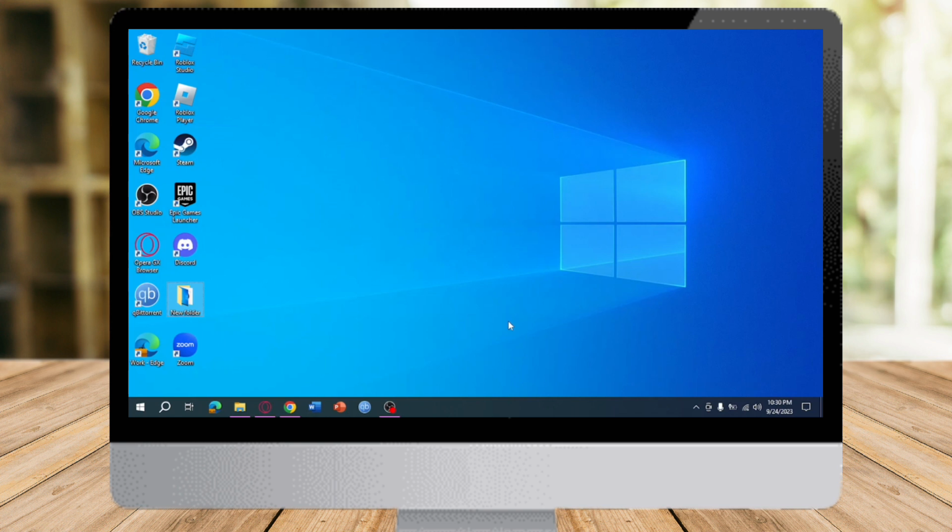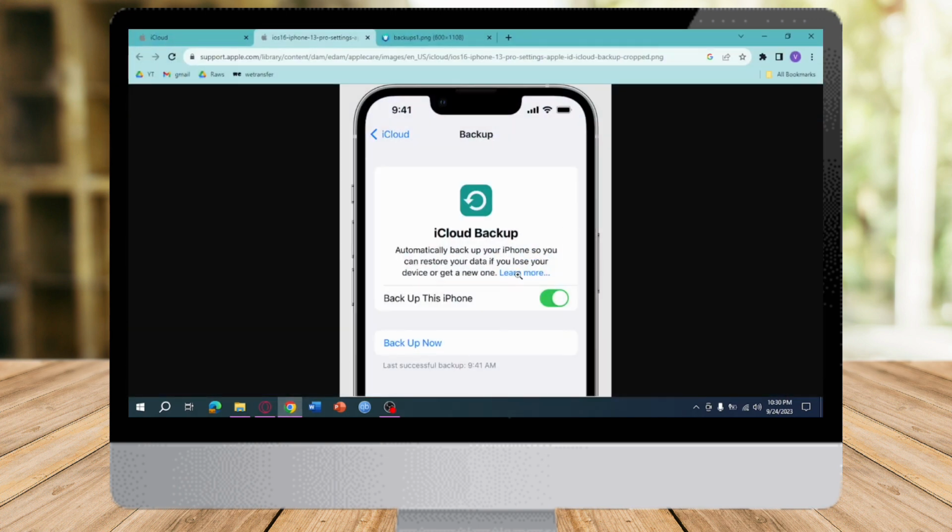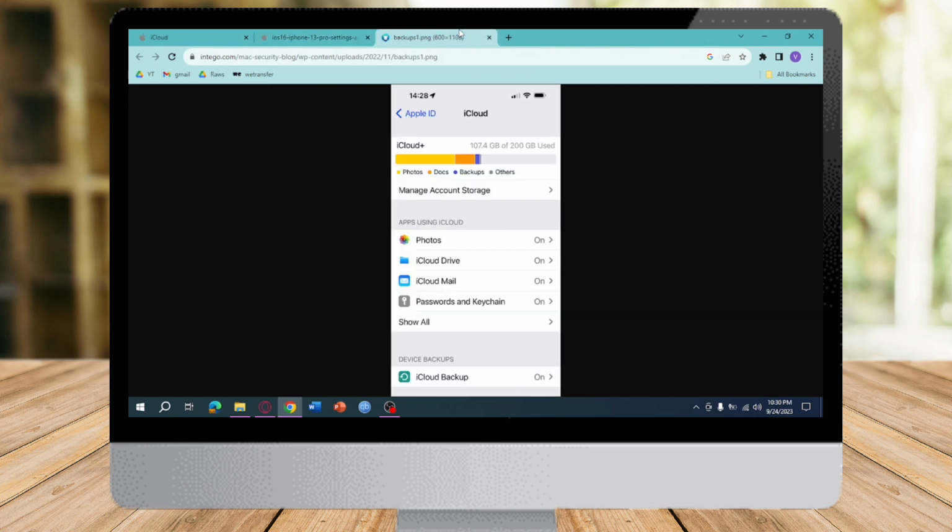So to do that, what we need to do is just head over to our iCloud on our phone. Usually you have the screen right here. Make sure that iCloud backup is turned on and also that your photos is turned on using the iCloud backup. So once you have those things on your iPhone, you can proceed on your computer just like mine, and then